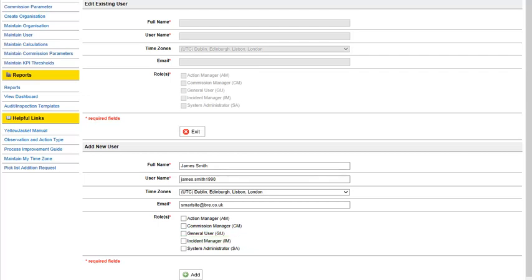The final role is the system administrator role. This should only be given to one or possibly two people within the organization that are going to take overall responsibility for the setup and maintenance of the system. So just decide what role you're going to allocate to the person that you are setting up by clicking on the checkbox next to the relevant role, and then click Add to save